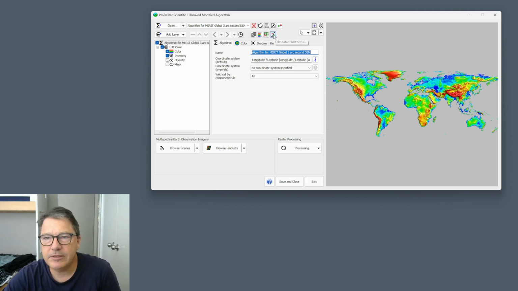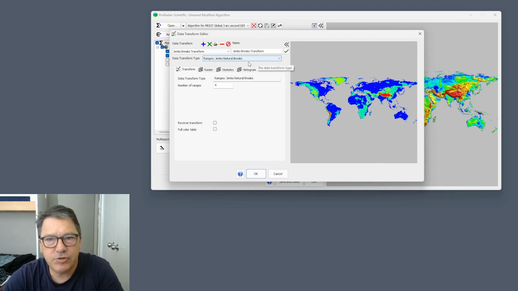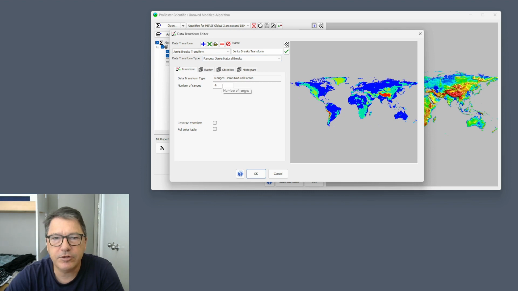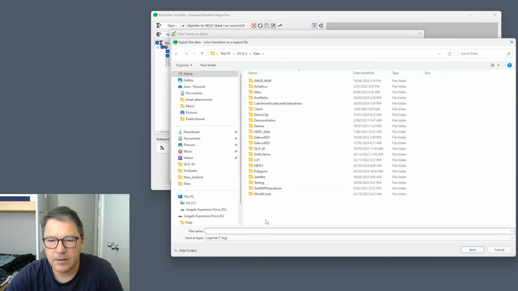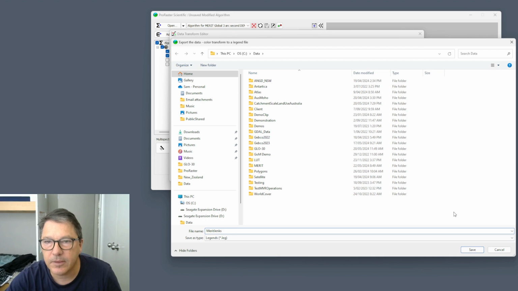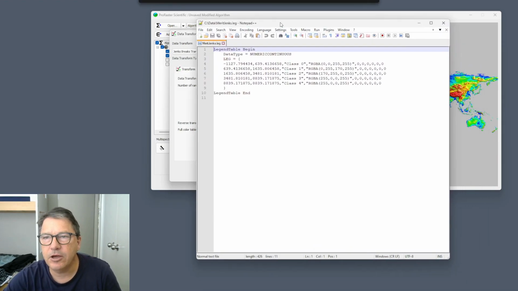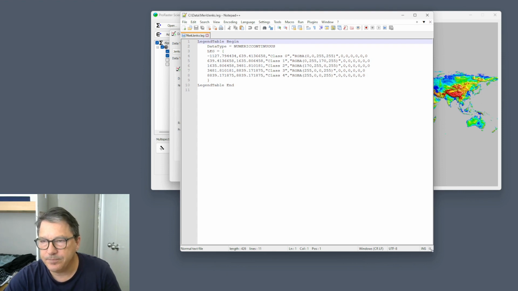So I'll go into the data transform editor, and we've got a transform here which uses Jenks natural breaks, and we've got 4 ranges. So that'll do. Let's hit the button and hit export to a legend file, and we'll call that merit Jenks. Hit save, and it automatically opens that up